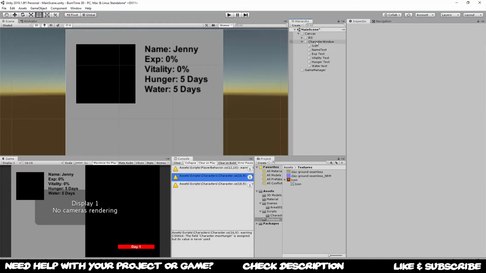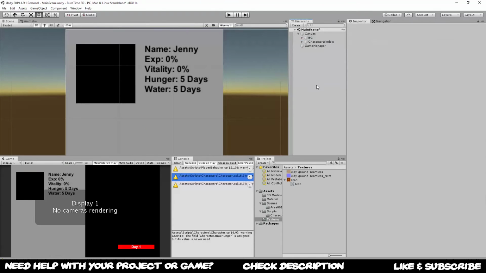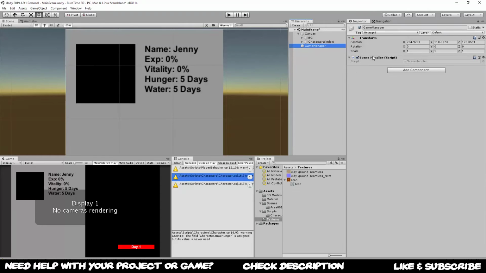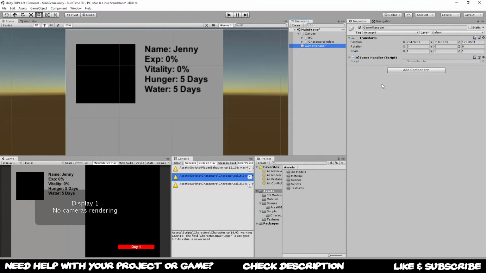So now what we need to do is connect our actual scriptable object, or even the game manager, with all this information over here. Probably we're going to do this not in a scene handler, but maybe in an extra script, which takes care of, okay, a day has passed, we're going to eat food and stuff like that, and we're going to need a connection to our character to update days and vitality, XP, as well as the name and so on and so forth, or any of these text fields,